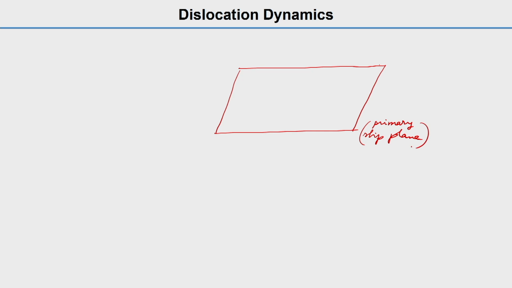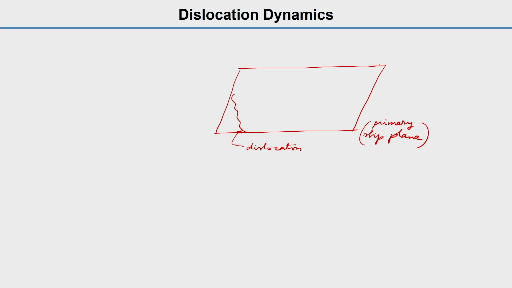As we discussed, there are other defects, but several dislocations will also influence the movement of a dislocation. Suppose this is a slip plane on which the dislocation moves. We call it the primary slip plane. There are some secondary slip planes also. We don't need to discuss much about it, but let us say there is a dislocation line. So this is a dislocation line,